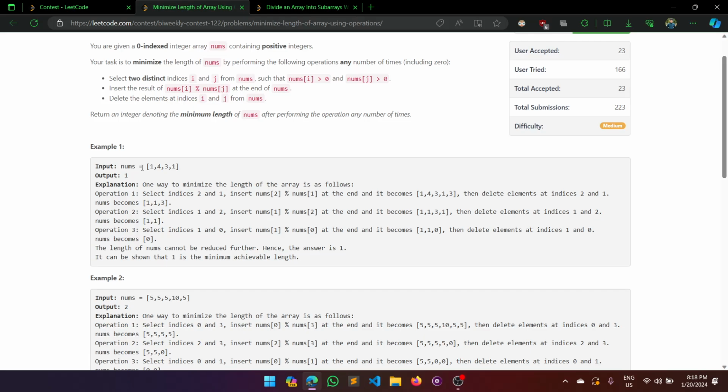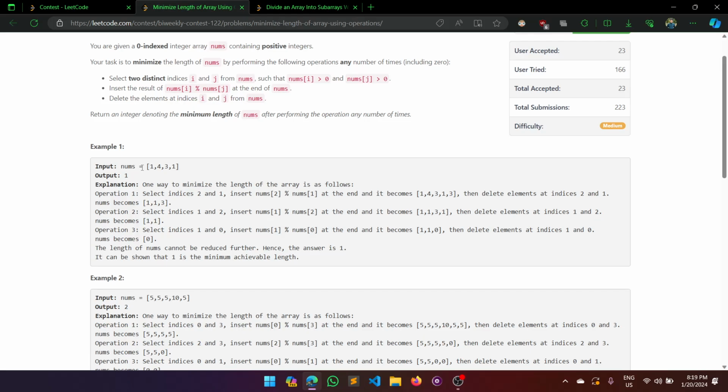So if I can have an element which is already not in the array, then I can definitely be sure that I can vanish this number with a smaller number, right? Yes. So I would want elements that are not already there in the array. And if there is, then